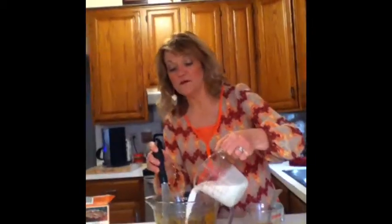Now let's mix up our pumpkin. So far I have one 15-ounce carton of pumpkin, or you can use one 15-ounce can, along with a half a cup of our coconut palm sugar and my own pumpkin pie spice blend consisting of 1 teaspoon of cinnamon, a half a teaspoon of ground cloves, a quarter teaspoon of ginger, and 1/8 teaspoon of nutmeg, along with 1/4 teaspoon of salt. To that, I'm going to add 1 1/4 cups of coconut milk,